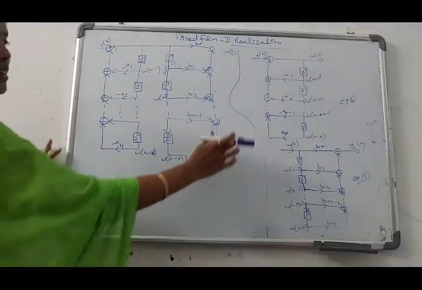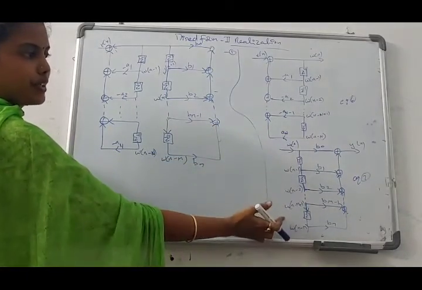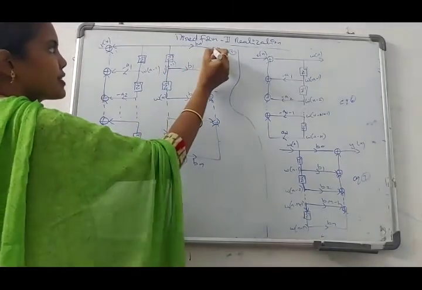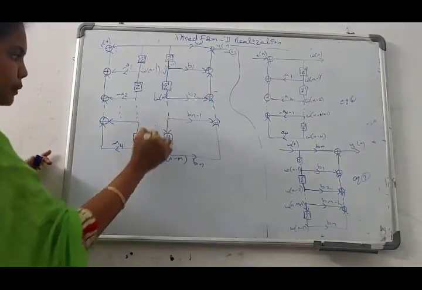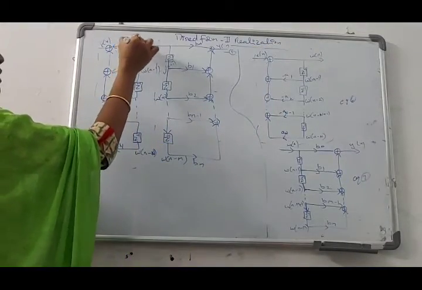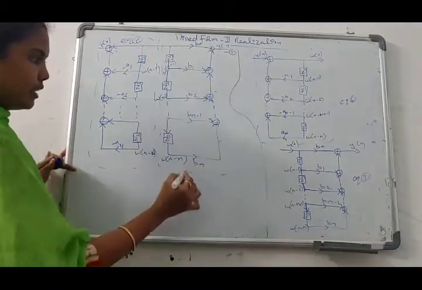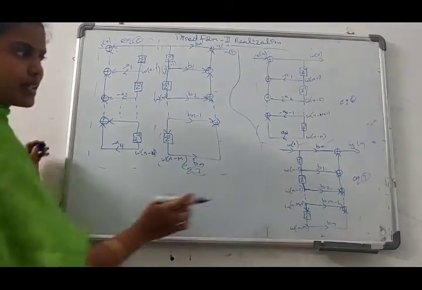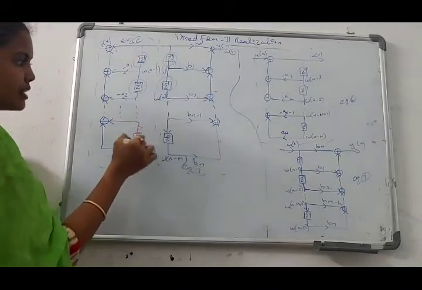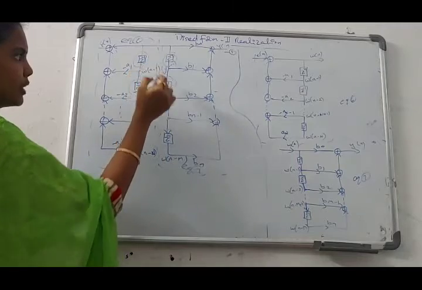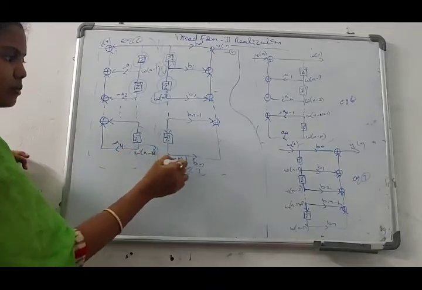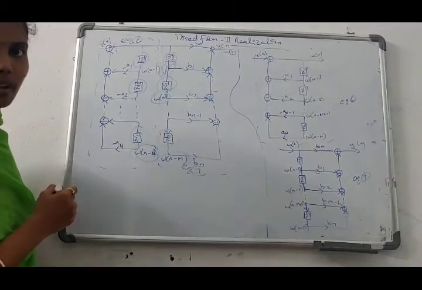Now combine these two equations, equation 6 and equation 7 realization. Okay, so we are combining, this is x of n and this is y of n. So up to here is equation 6 and this one is equation 7. So now see here, delays are same, delays z inverse. Okay, w of n minus 1, w of n minus 2. Delays are same. Okay.